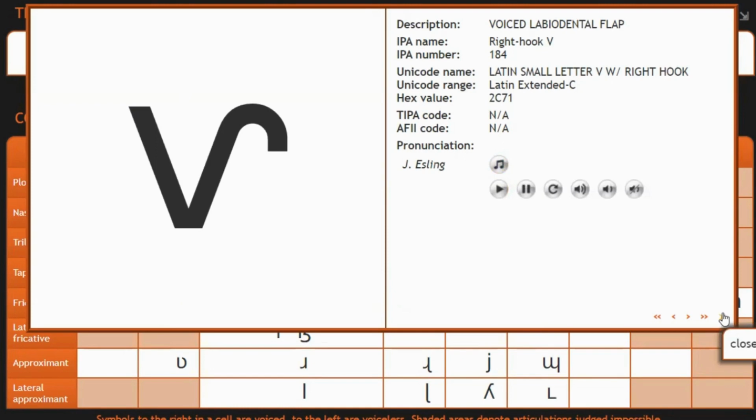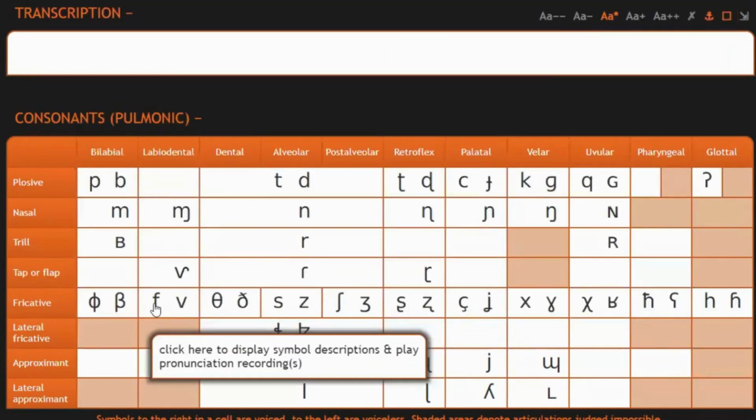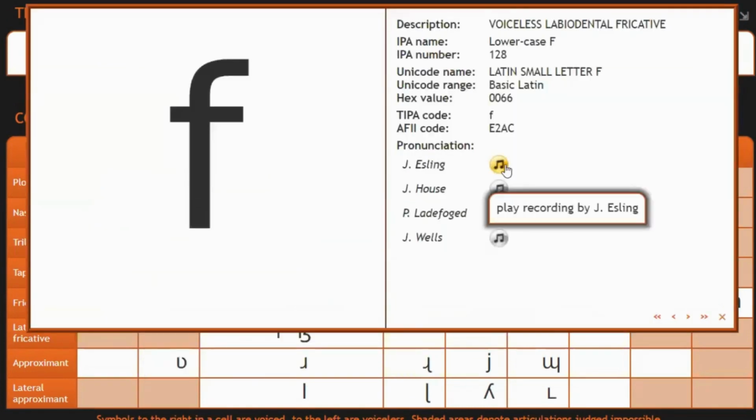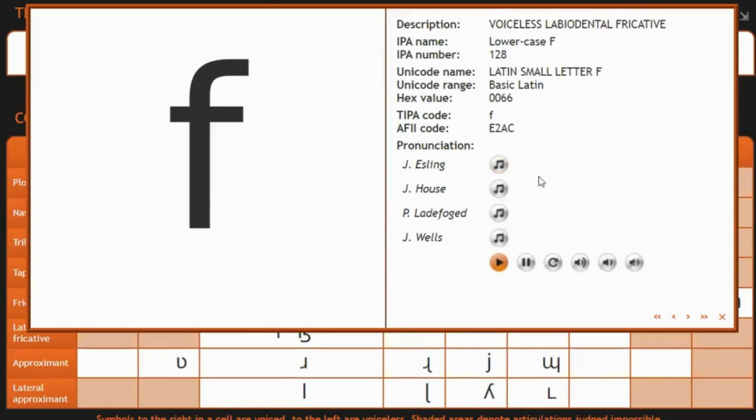All right, that one is also relatively rare. Next, we have our labiodental fricatives. The voiceless,